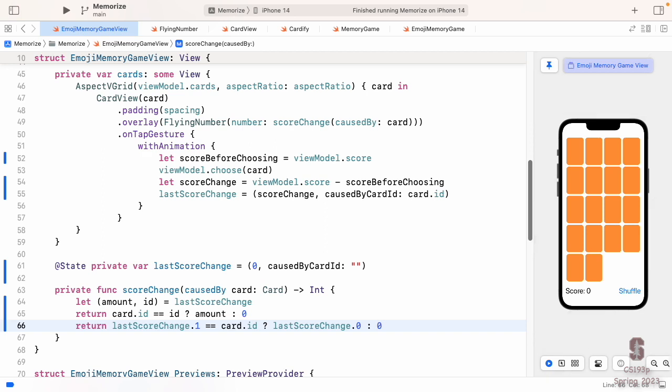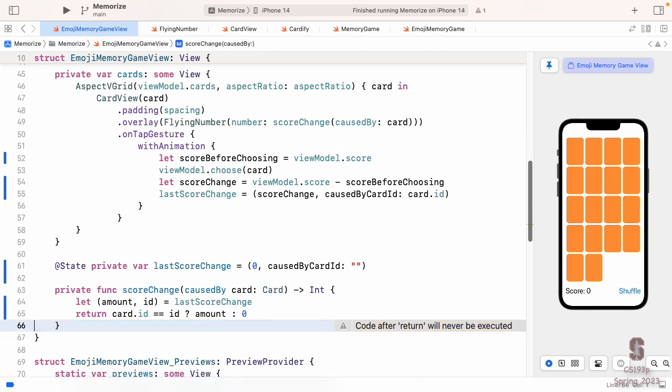The reason I don't recommend this is it's pretty obscure to understand what's going on here. .1 on a tuple means the second thing in the tuple. .0 on a tuple means the first thing in the tuple. I don't really recommend doing this. There are probably a few times when that syntax would be good, but I don't generally recommend it.